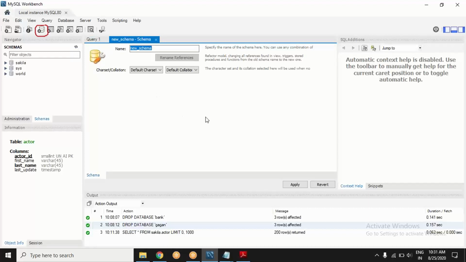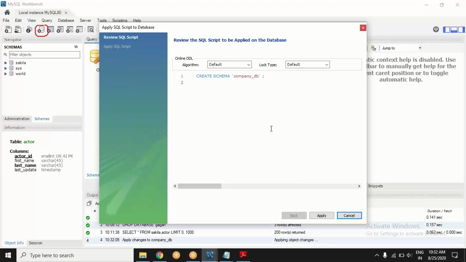Click on that, a pop-up appears, and it is asking what the new schema is. So what do you want this new schema to be called? Let's call it company, a company database. I don't know which company, so let's call it company database simply. Or not even database, maybe DB. Apply.